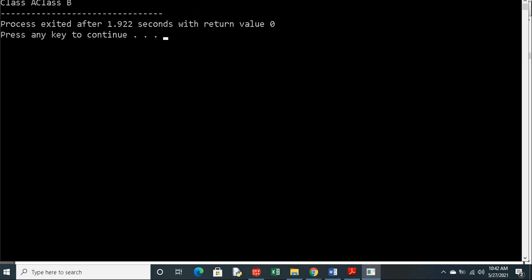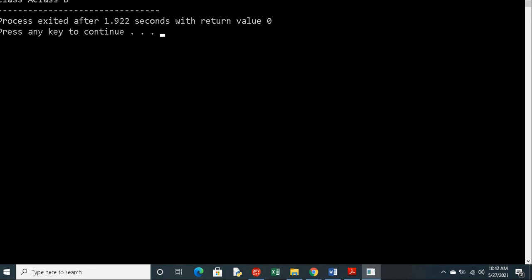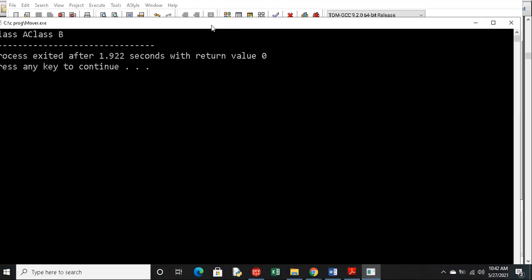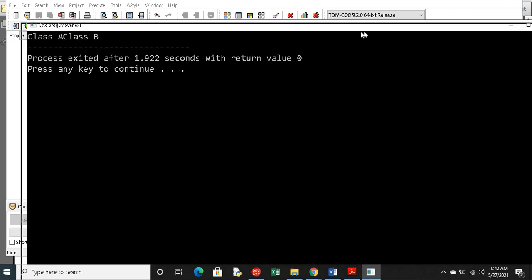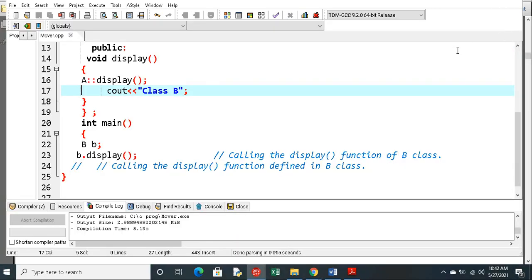The previous situation is called ambiguity. When you have the same function in the base class and derived classes, if you call that function with the help of that object, then which function will execute? Obviously your derived class function will get executed. Now to overcome that problem, you have to write the class name and the scope resolution operator before the function call, then it will call the superclass function. So here you have class A and class B, both of which we have received. So this is about this concept.